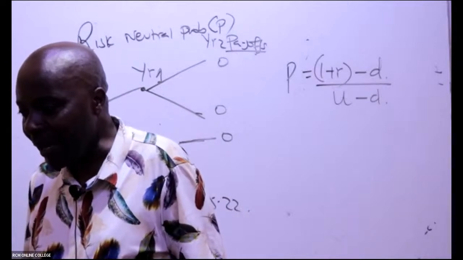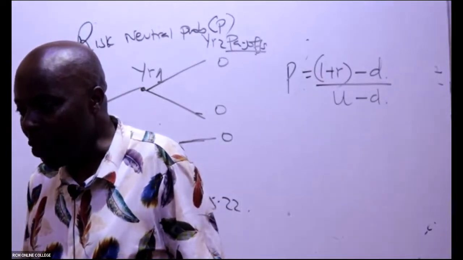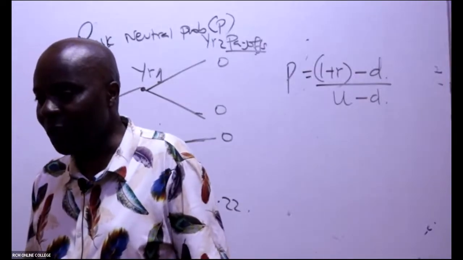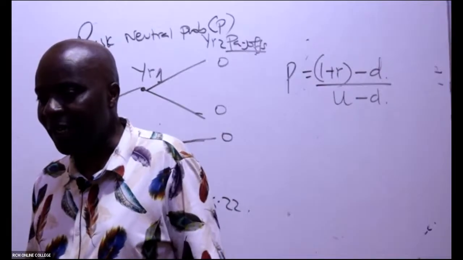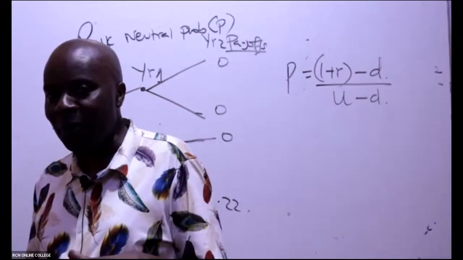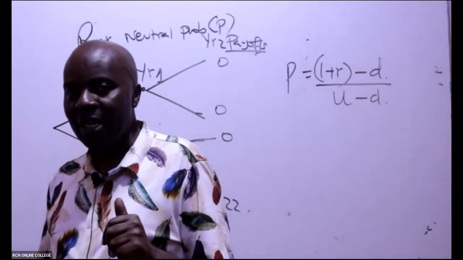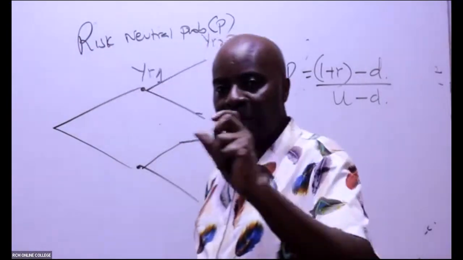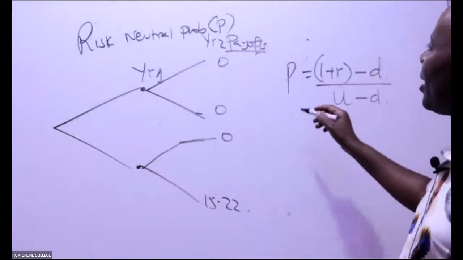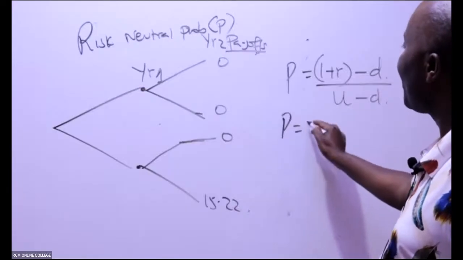We are taking the maximum, but you see now negative ratio. Those two have got a negative. So you compare 0 and minus 15.02. Which one will be higher? 0 will be higher, the higher between 0 and the negative. So then, ladies and gentlemen, this risk neutral probability, it will be 1 plus